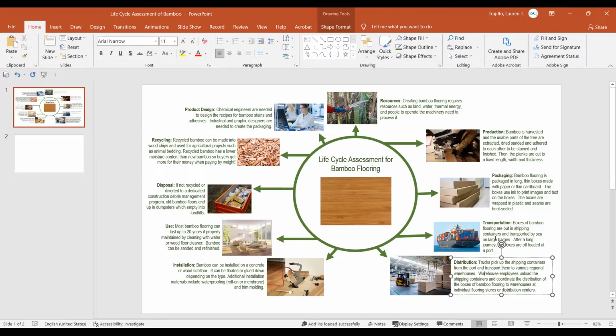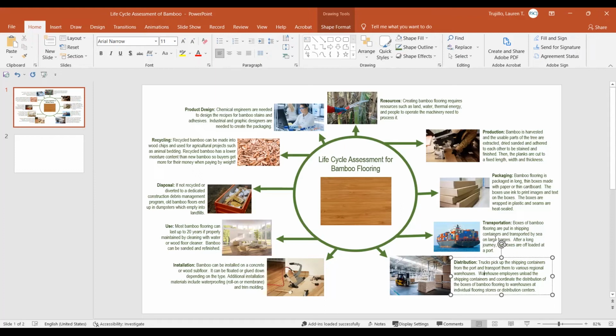The next thing that I needed to do was research this life cycle assessment for bamboo flooring. I selected bamboo flooring because it is one of those more controversial finishes because it is rapidly renewing, but it comes from very far away. And so it's not necessarily the most sustainable option once you analyze it. What I did was a series of internet searches for things like the life cycle assessment of bamboo flooring.